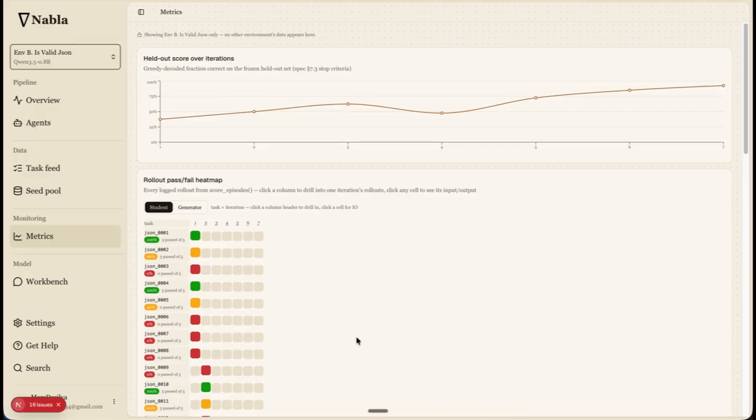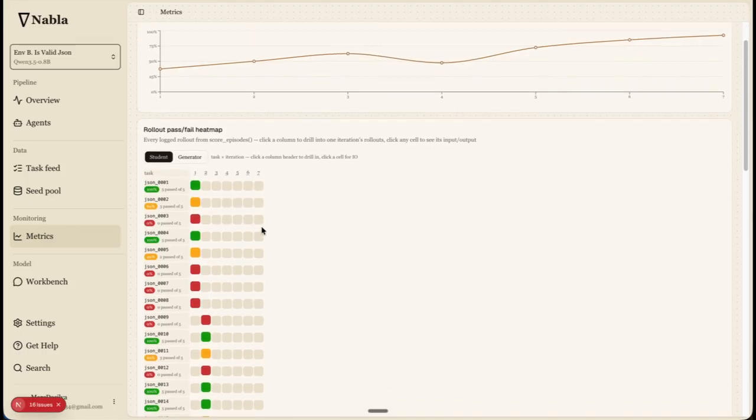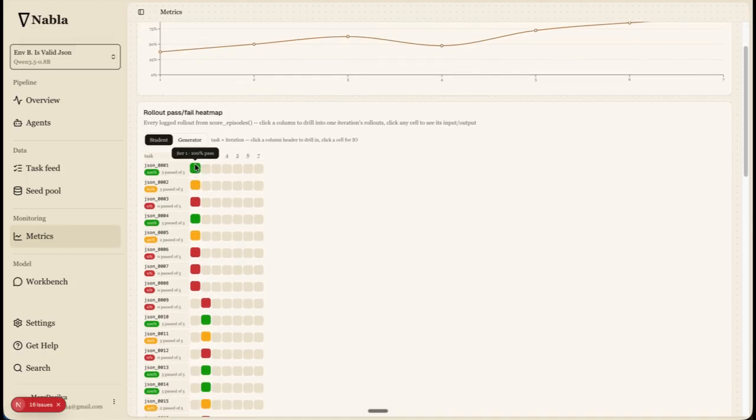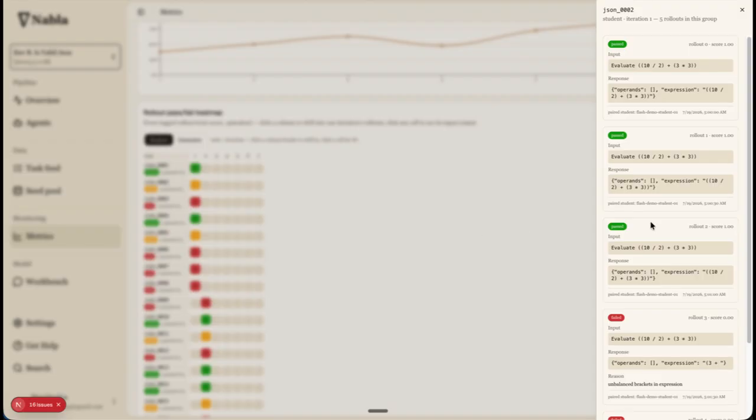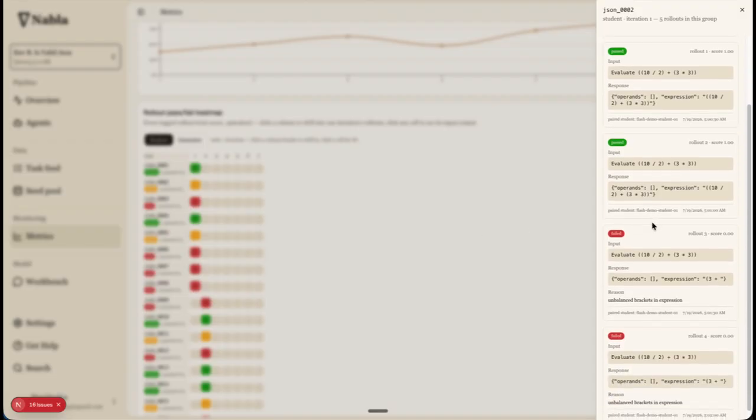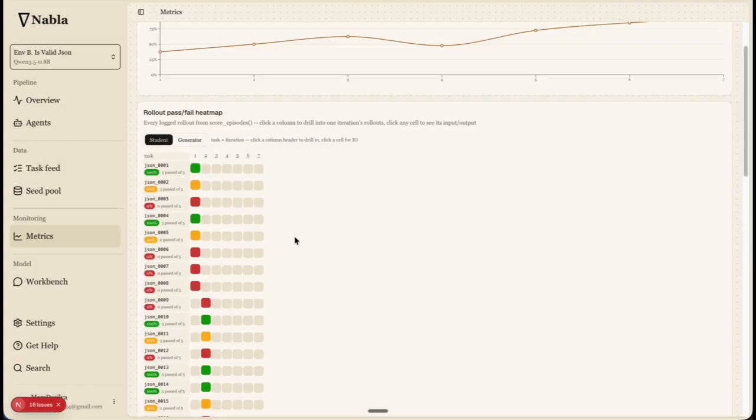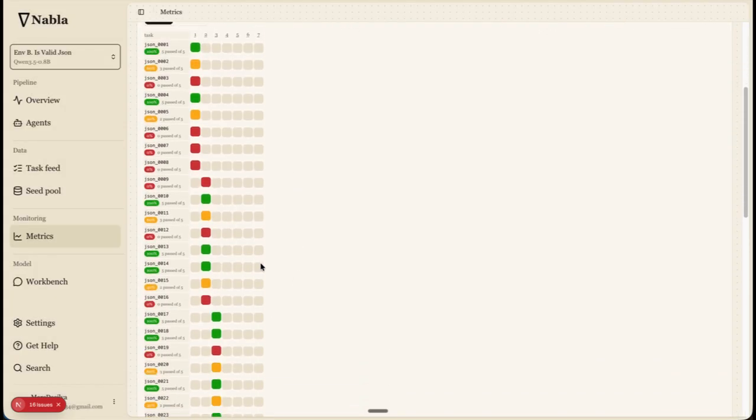We also have a metrics page where we can see improvements over iterations. We can see what questions models might have failed on before, but we're able to actually answer successfully in future iterations. And this information can be very useful for our customers who might want to use this to do their own evaluation further down the line, maybe tune some of their own weights or change some reward functions just on their